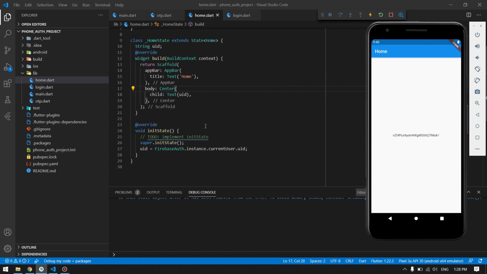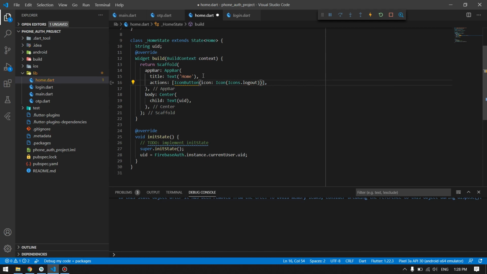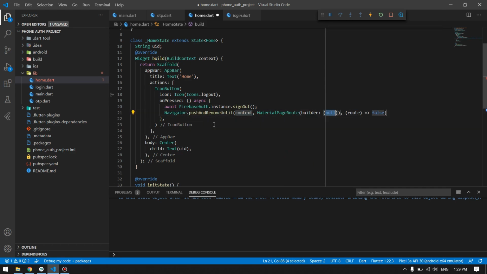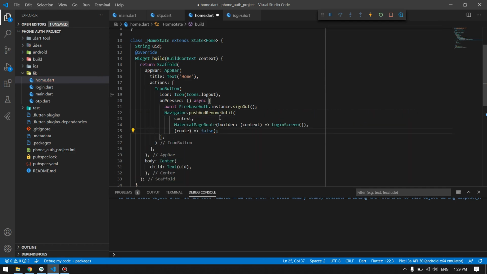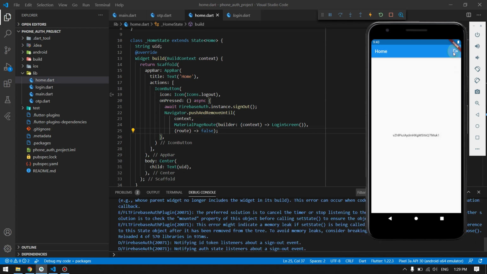It will redirect you into the home screen. So now we have a button here which is used to sign out our user and go back to our